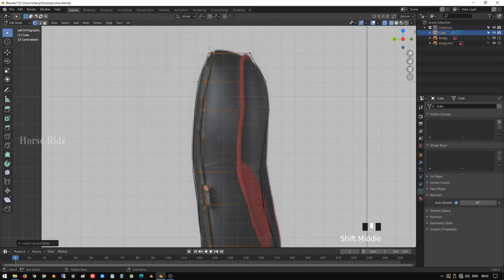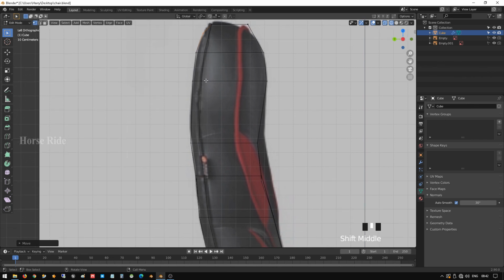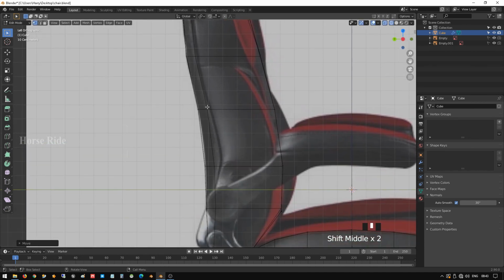Okay, this one, select this, press G to move here. That one let it be same, press G Y and move here and select the vertices and sorry, Control Z, G Y and align it as per our requirement.